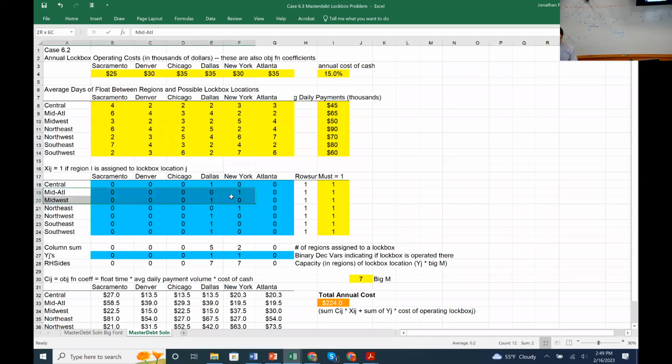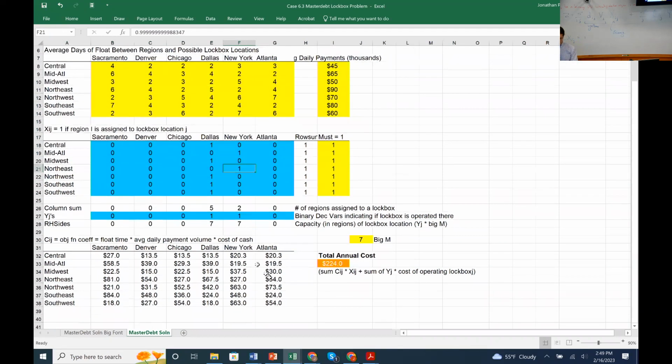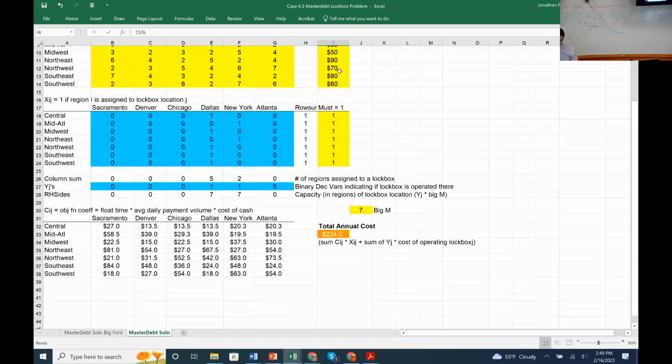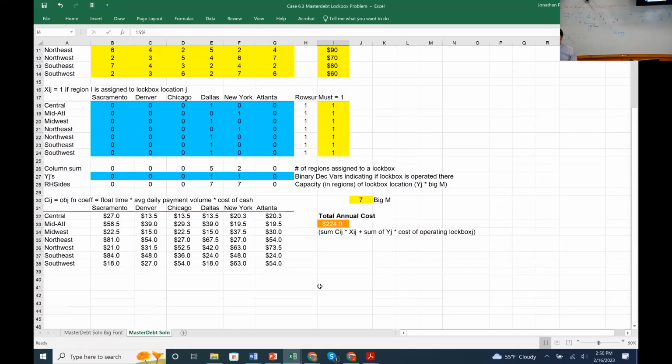Our customers in the Mid-Atlantic and Northeast region are gonna mail the checks to New York. What is gonna be the total cost of that? Well, it's really ugly. There are 2 sum products in that expression. One is the sum product of yes, no, are we gonna operate the lockbox, times the row of the cost of the lockboxes. Then the other part of the cost is 15%, our annual cost of capital, times the amount of money that is out there